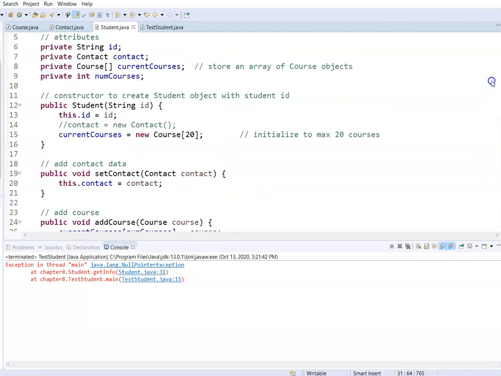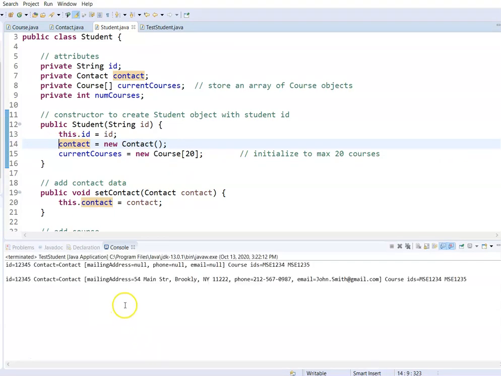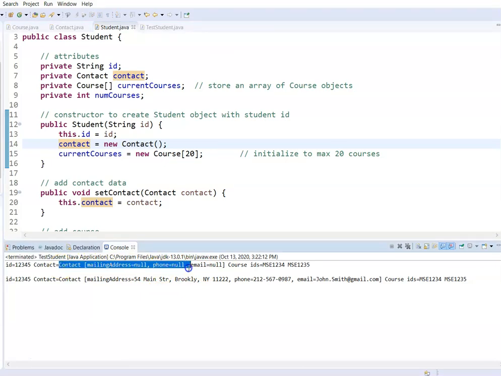So that's why it's important to always allocate your memory such that even if it doesn't have values, your program will work. It will just show, as I ran before and I just reran, that the mailing address, phone, and email do not have values, right? But the program's able to access that information, that memory location, even though there's no values. So that's the difference between assigning a memory location even though there's no values versus not assigning anything and allowing it to be null.